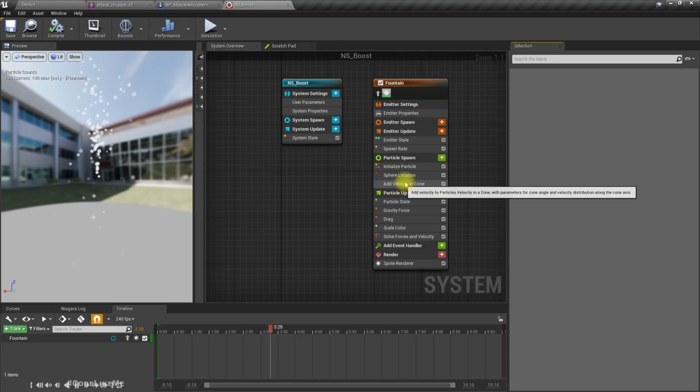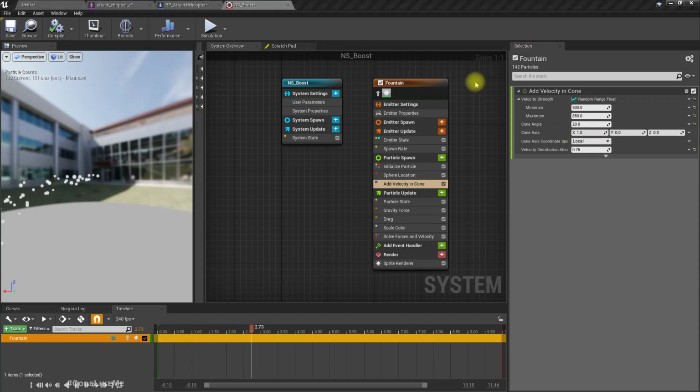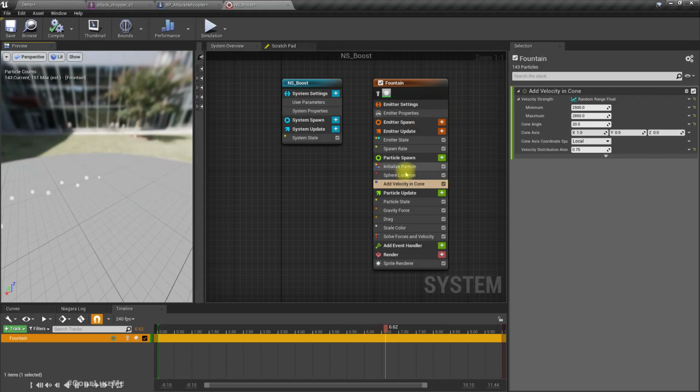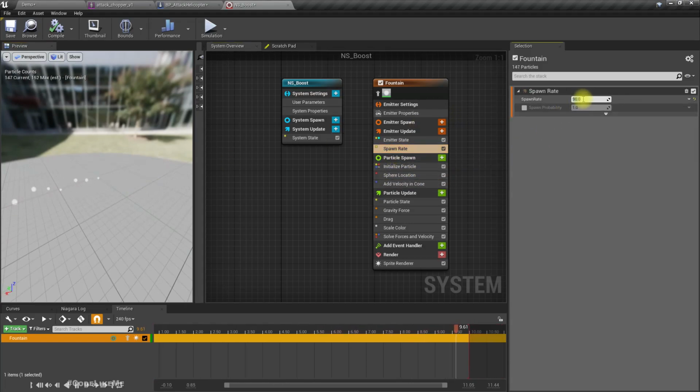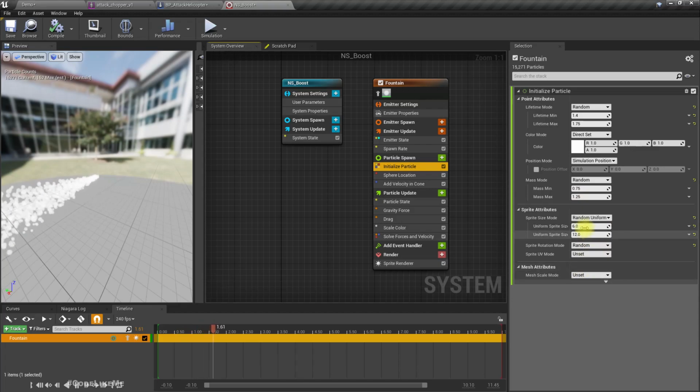Okay, so this is what I have, so I'll just change the velocity cone axis to X and velocity to, instead of this, 2000, something like this. So as you can see here, now we don't see much of the particle, so let's increase the spawn rate to 10,000, yeah, and the scale. I'll make this between 9 and 11,